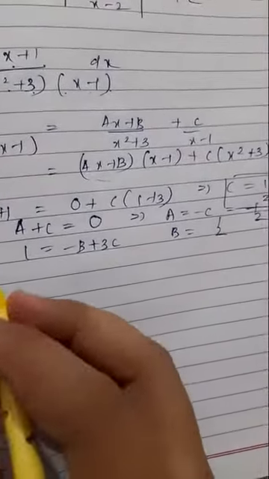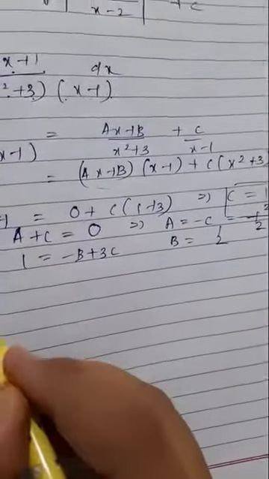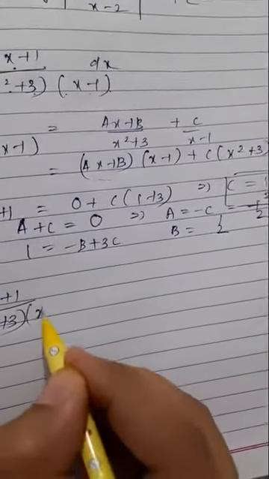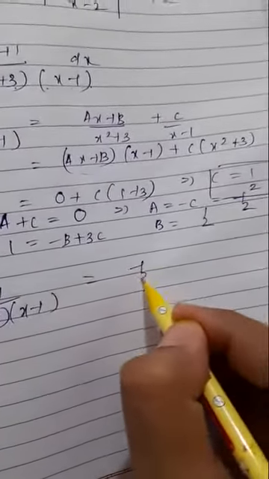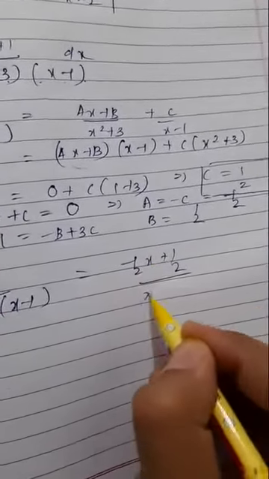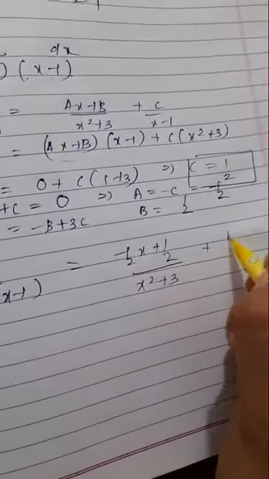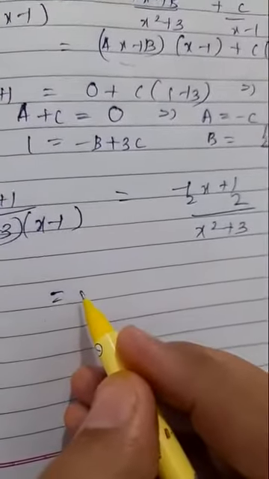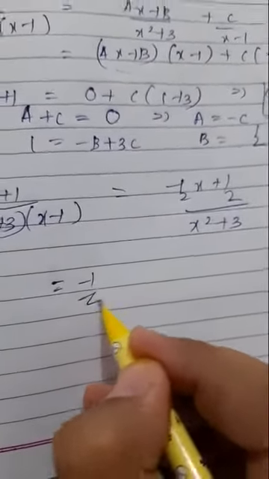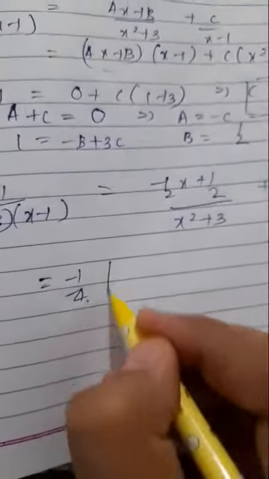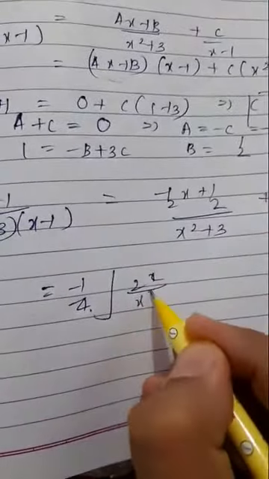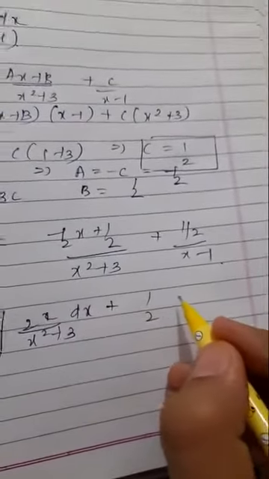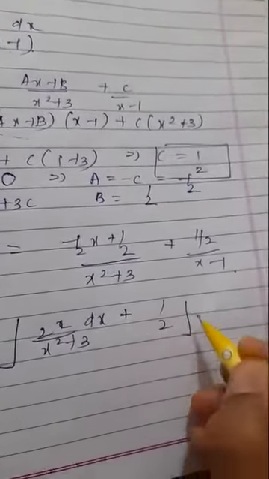Now substitute in this equation and we get x plus 1 upon x square plus 3 into x minus 1, which is equal to minus 1 by 2x plus 1 by 2 upon x square plus 3 plus 1 by 2 upon x minus 1. Multiply and divide by 2. So we get minus 1 by 4 integration of 2x upon x square plus 3 dx plus 1 by 2 integration of